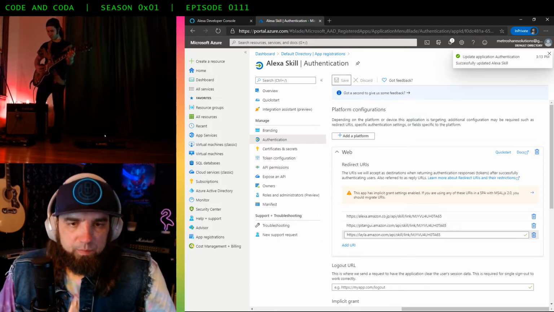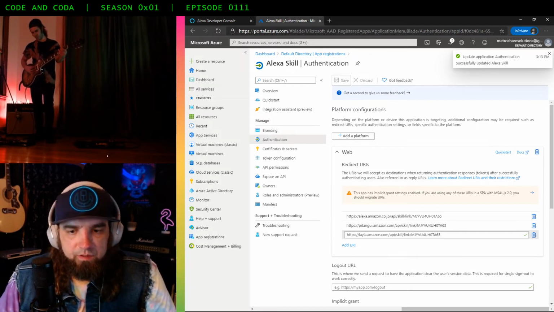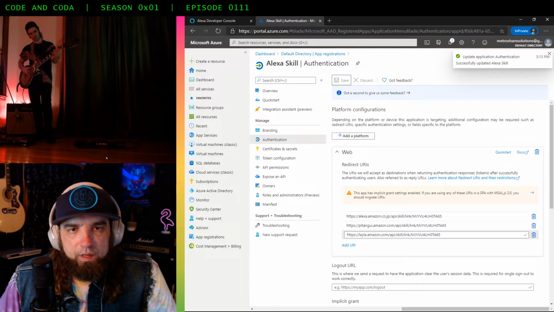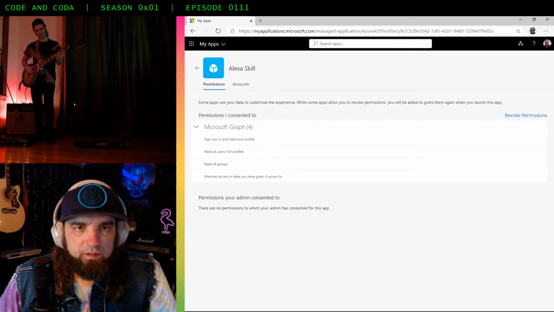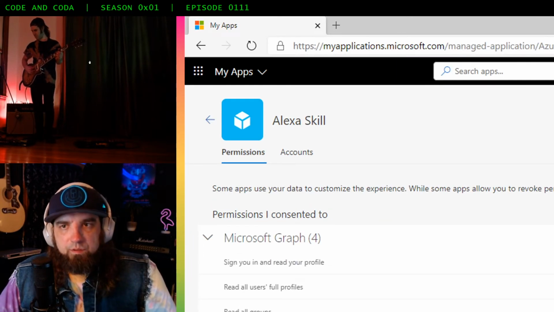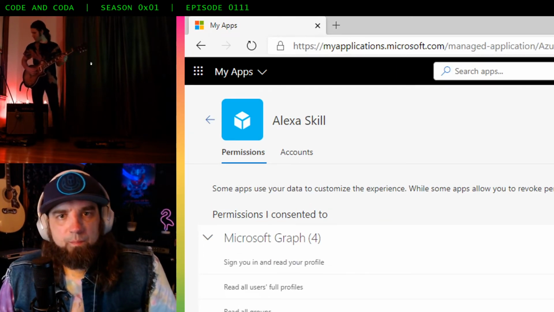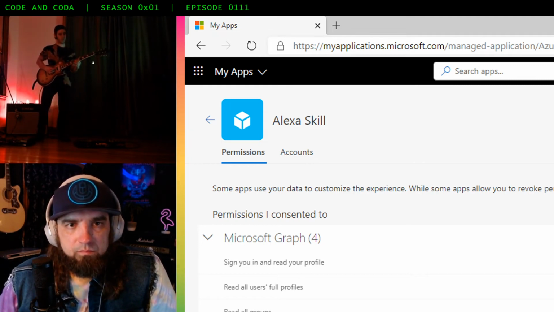What happens is you might consent, but down the road you might want to revoke those permissions of consent. The way to do that in Office 365 is pretty easy, you can come up to this URL here, myapplications.microsoft.com.